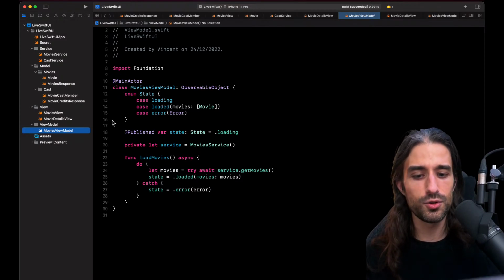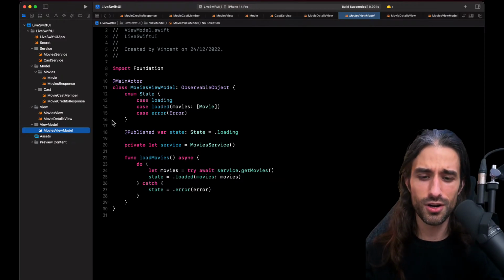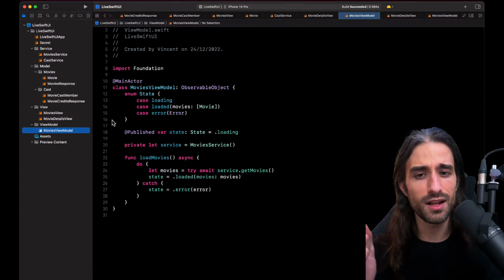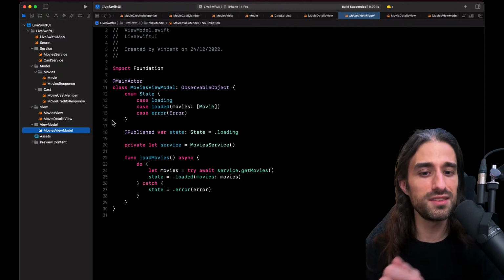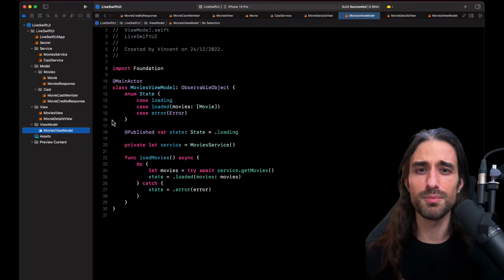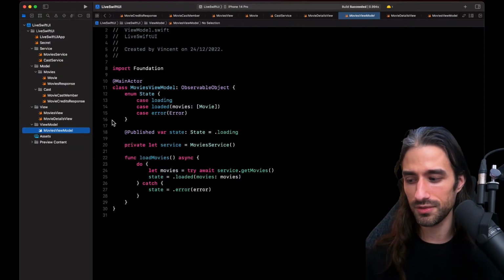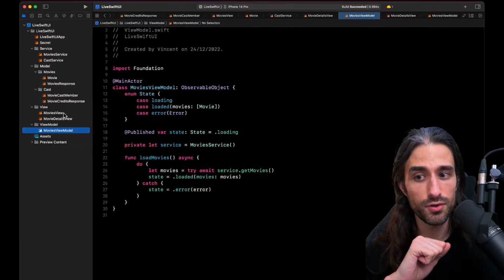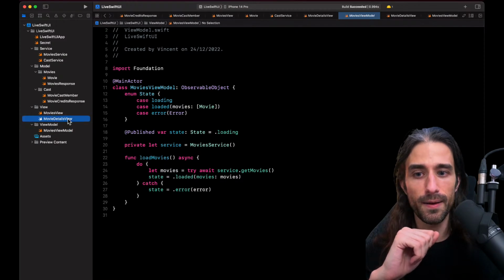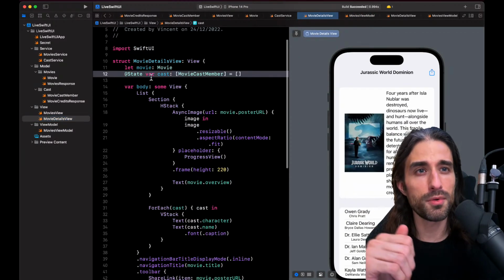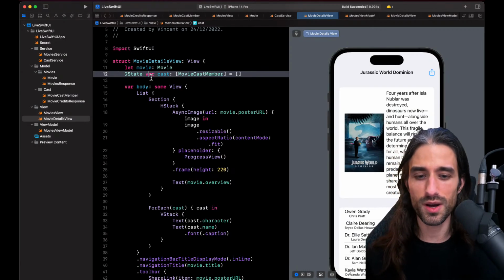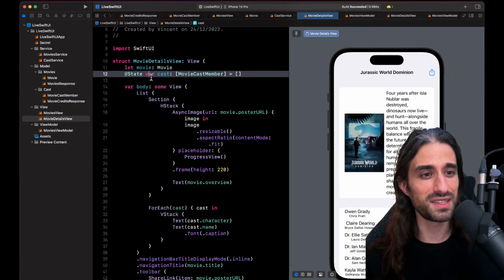In this detail view, we dug a little bit more into how lists work, and more specifically, we split the UI layout part of a list from the part iterating over pieces of data. We implemented a navigation with its data flow, because we are passing the movie from a parent view to a child view. So we've covered quite a few topics in this live.